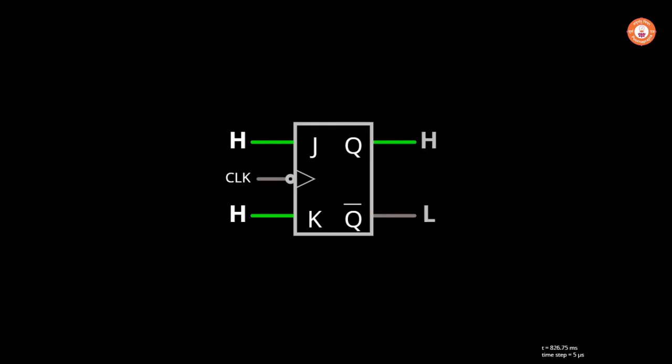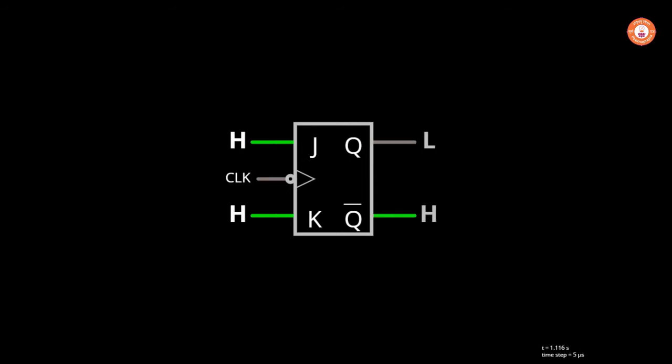We know that whenever we have a JK flip-flop, whenever the inputs are both high, you can see as on the screen, the output keeps toggling. This is a forbidden state because we don't want the JK flip-flop to behave this way. But what's interesting is this toggling state is fun to play with.